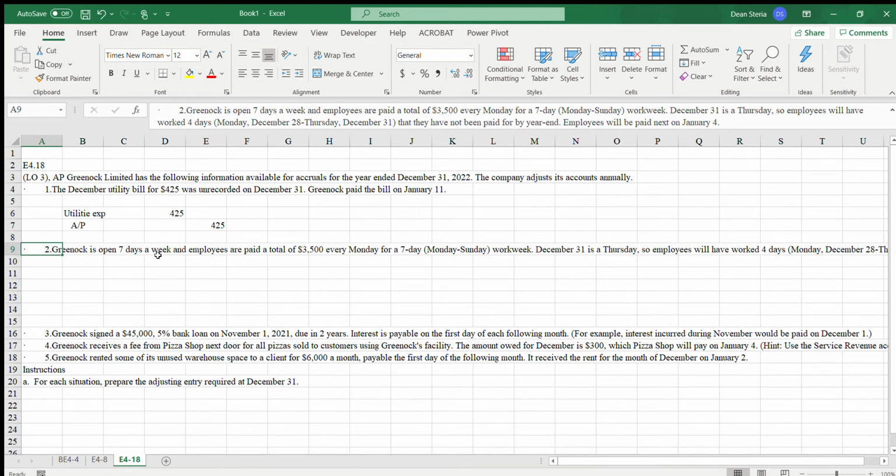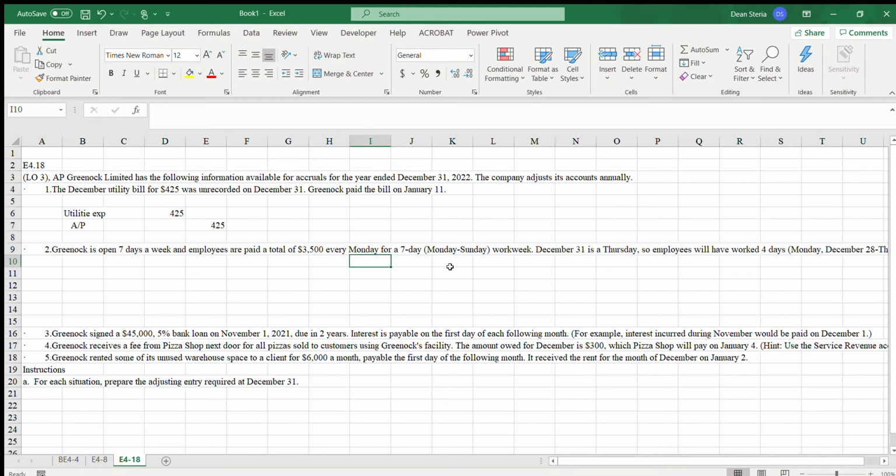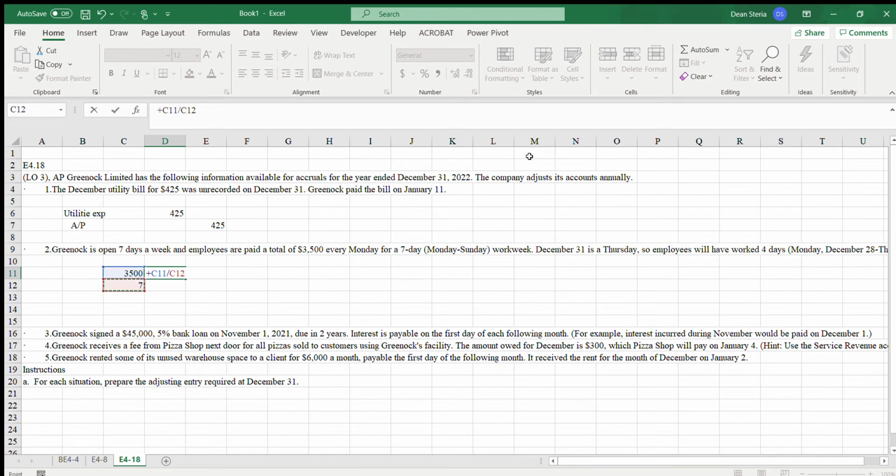We're open 7 days a week, and employees are paid a total of $3,500 every Monday for a 7-day work week. December 31st is on a Thursday, so employees will have worked 4 days. So first what we have to do is take that 3,500, divide it by 7, and that will tell us how much the employees are paid per day. Okay, so 500. If I then multiply that by 4,